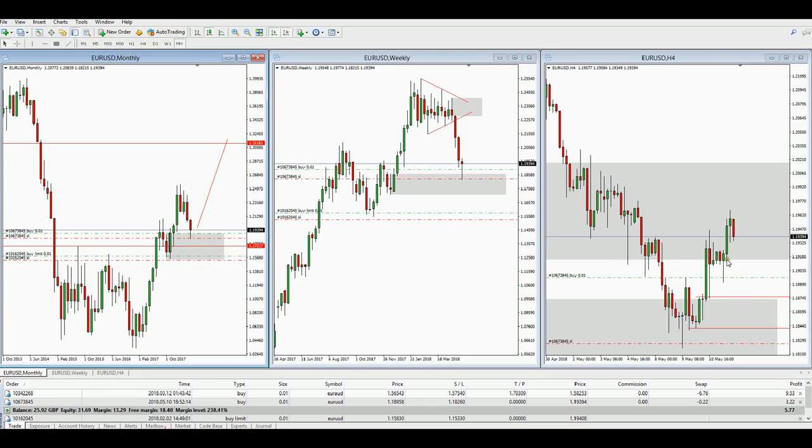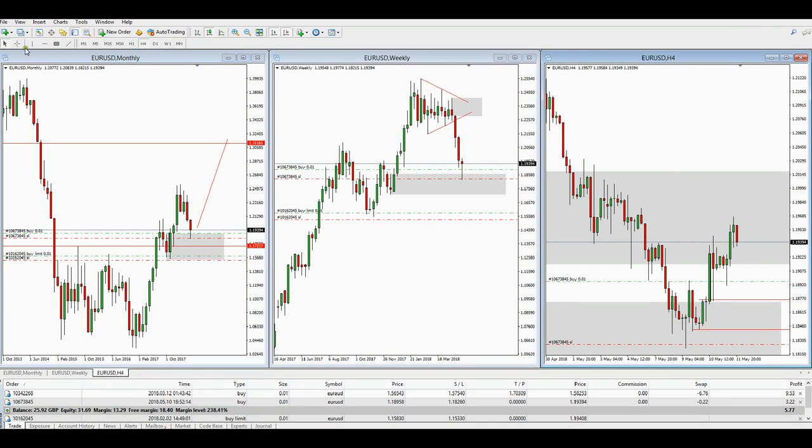So we've got another level on the 240-minute formed. I just want to see what the time is of this. 8 o'clock again, and London and New York pushing up. I like to get down in these extreme areas because the further down you are, the less chance of being stopped out with a fake out.